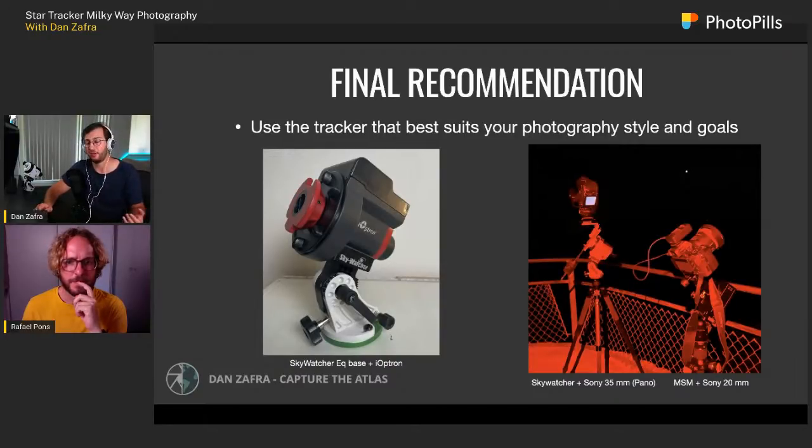You have to think: what type of gear do you have? What type of photography do you want to do? Which are your goals? And decide which is the best tracker for you. One example here on the right side, you can see this was taken